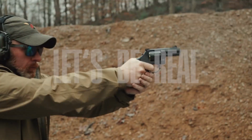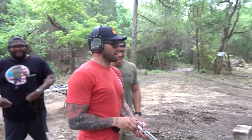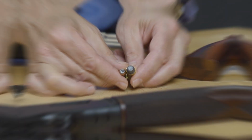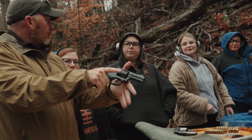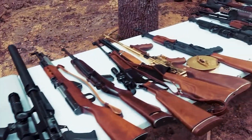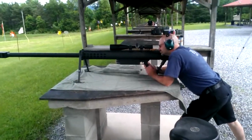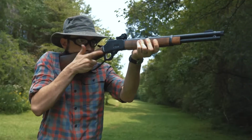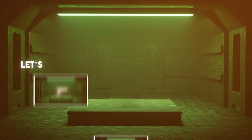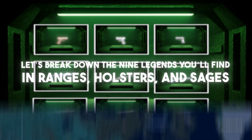Let's be real. When it comes to firearms, Americans have opinions as strong as a .44 Magnum kick. Whether you're a seasoned shooter or just curious why certain guns dominate American culture, you've got to respect the icons. After all, these aren't just hunks of metal. They're trusted partners in defense, sport, and survival. No fluff, no politics. Let's break down the 9 legends you'll find in ranges, holsters, and safes from Maine to